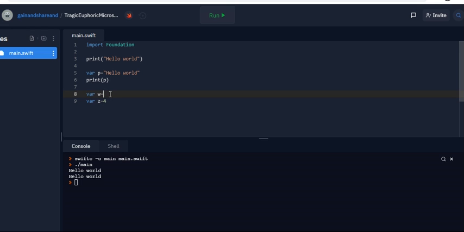Here let's take 2. Now it's quite fine, right? Up to here everything is fine, and now let's print w plus z. Now let's run it and watch what sort of output we are going to get. So we got 6, because 2 plus 4 is 6, right?